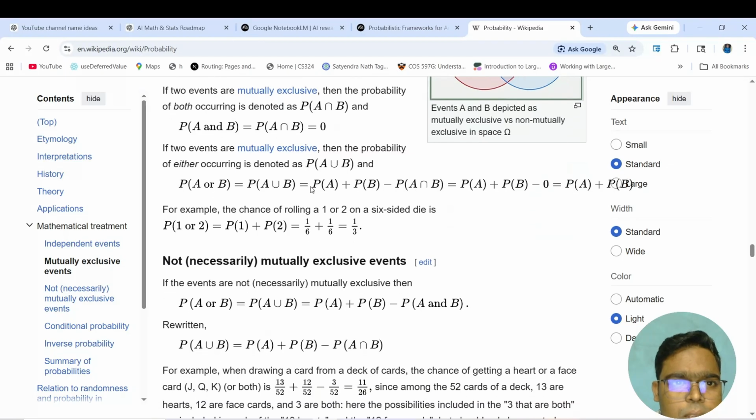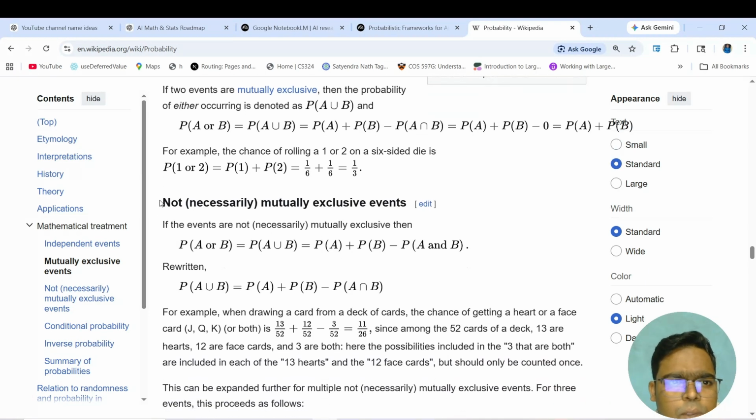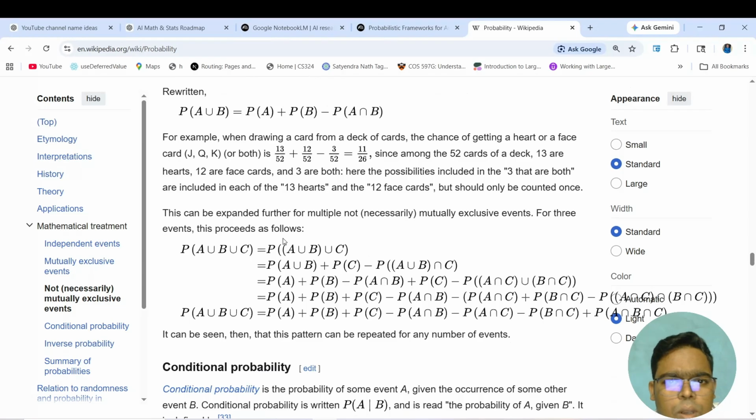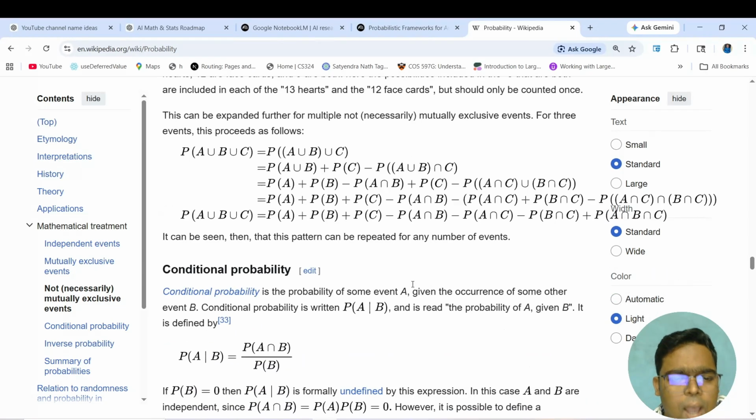And if I say there are two events A and B, then the probability of either one, denoted by this, is the probability of A union B, that is probability of A plus probability of B minus probability of A intersection B. And if I calculate those, we can see 1 by 3 something. With all these techniques, you can see why I am talking about this.